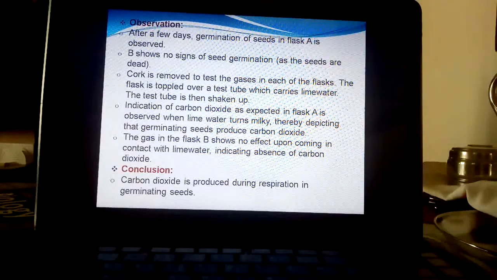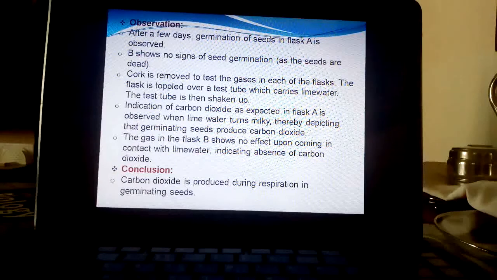This is an important point. There are three give-reasons here. Why is antiseptic taken? Why must the flask be closed with a cork and kept aside for two to three days? And the third one is why it is tilted downward. These are the three give-reasons asked.